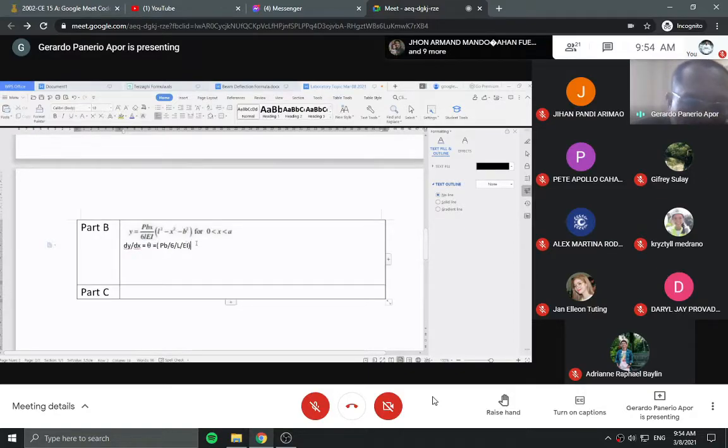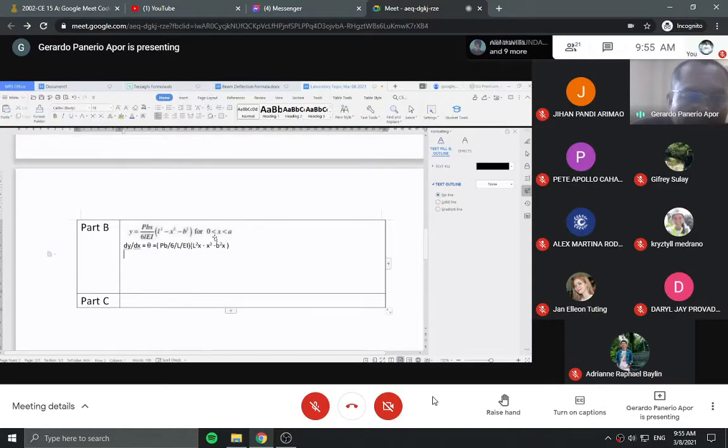So here you will have L squared x minus, I will make this capital, and the other one is minus x cubed minus b squared x. So the formula, we will make it a superscript. Okay, superscript. So if we are going to determine theta,